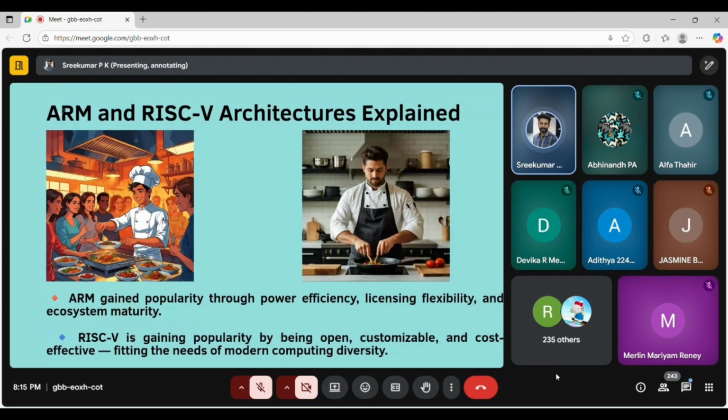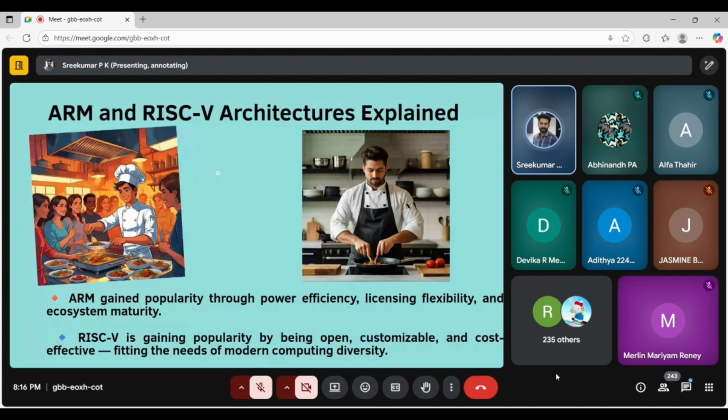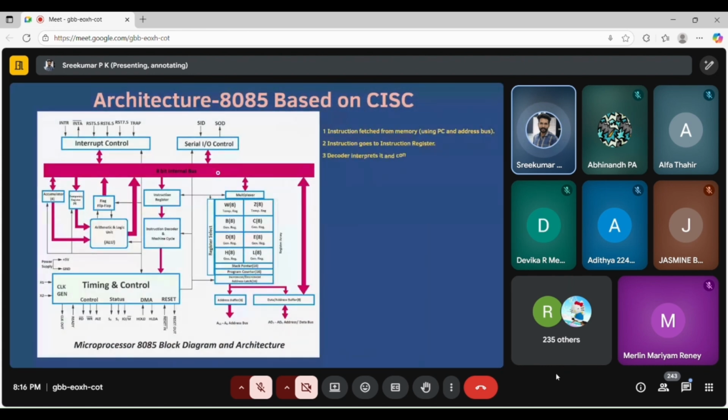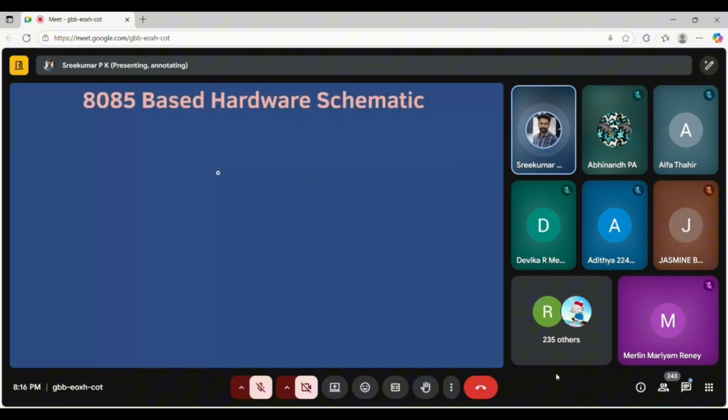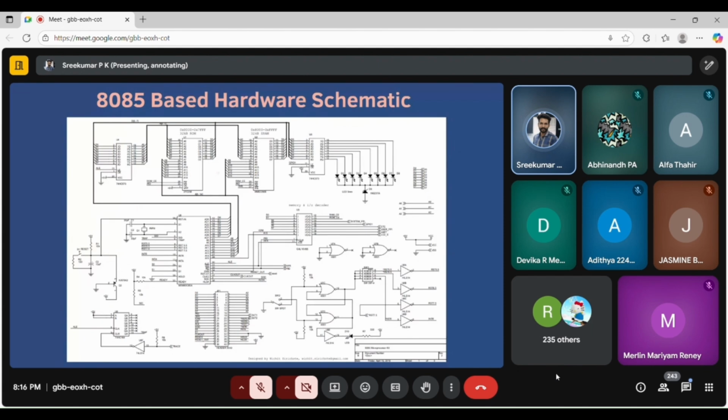So ARM is a processor which is based on RISC ISA. RISC-V is also a processor based on RISC ISA. Both processors use the same instruction set architecture style, but the underlying manufacturing architecture may differ based on their approach. They both use the reduced instruction methodology.